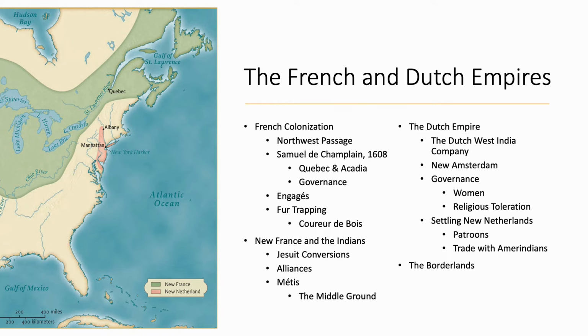Now, on the next slide, I just want to briefly cover the other European powers aside from the English, whom we'll talk about next week. The Spanish found themselves competing with other European powers, not just in North America, but in other parts of the eventual European imperialist sphere. And the French, next to the Spanish, create the largest land empire, despite the fact it looks very, very different from what the Spanish are doing.